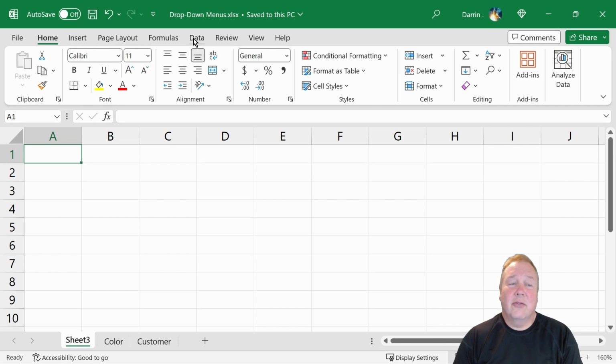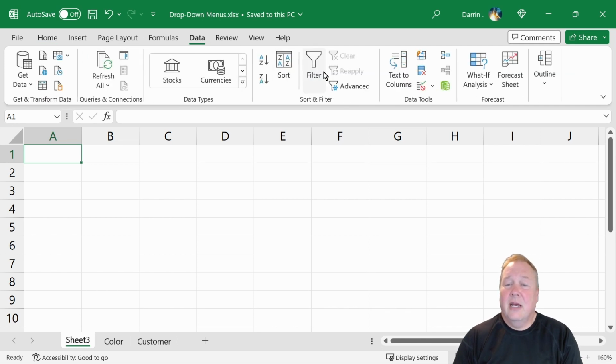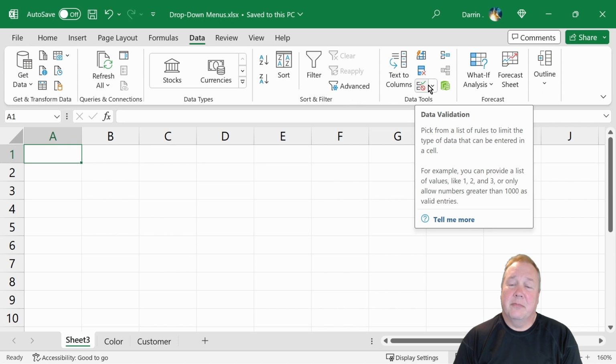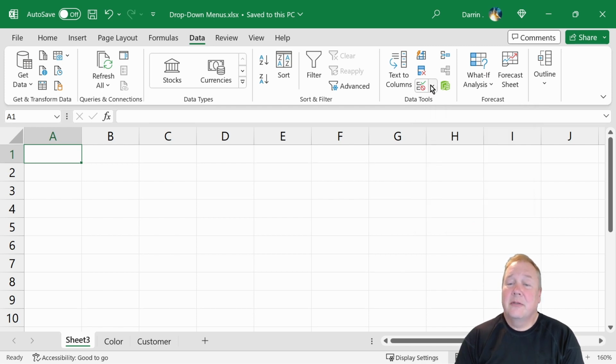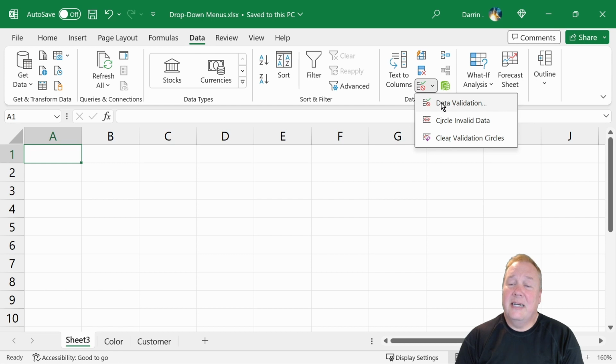To start, you go over to the data menu and then you pick data validation. Now, depending on your screen resolution and window size, it might say data validation, or you might just have the little check and stop sign here. But it'll be in the data tools section. And we're going to pick data validation